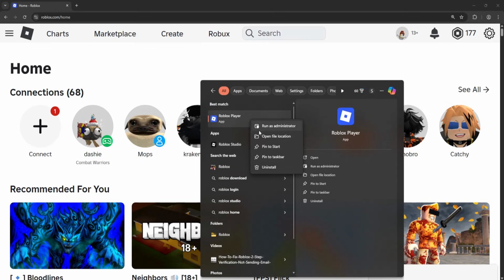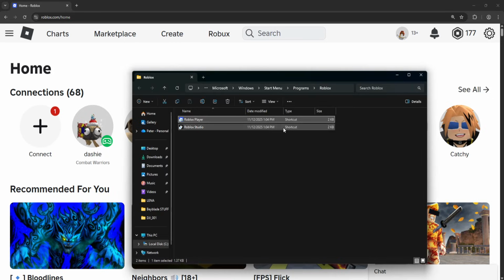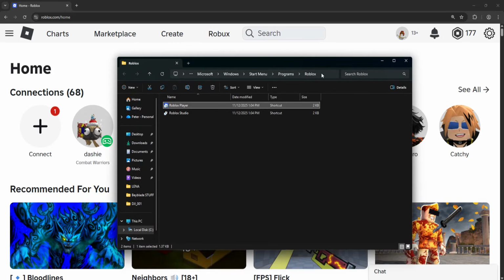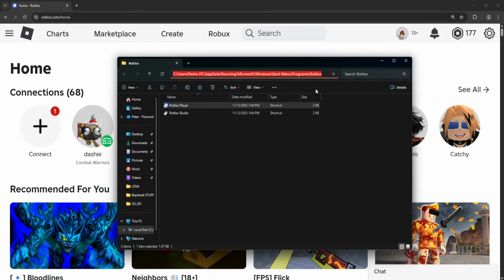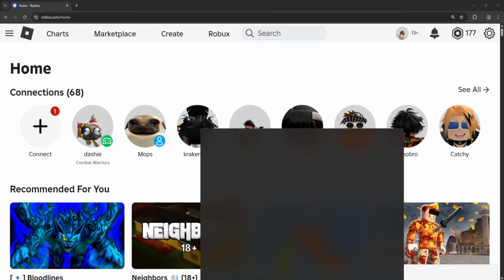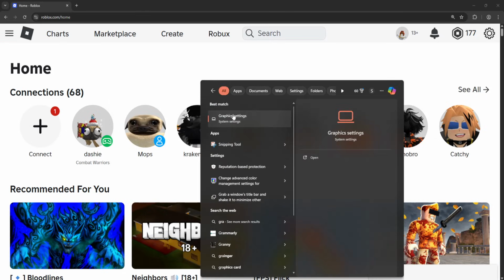Right click on Roblox player, open file location, and then right here on the bar itself, you will left click. This is going to make this appear, and right click and you want to copy this. Once you have copied this, then you will open up your computer search yet again, and this time you will